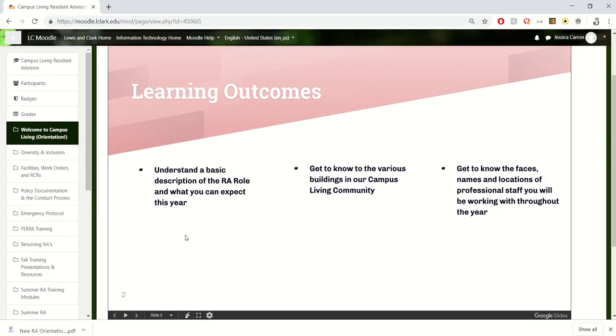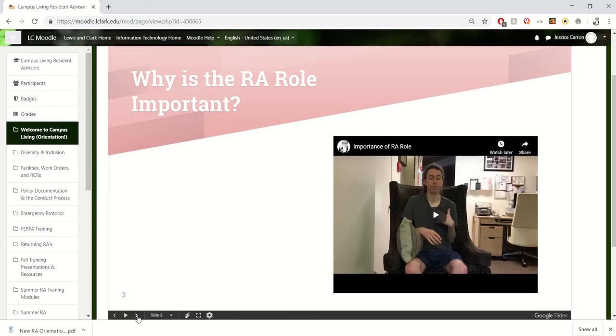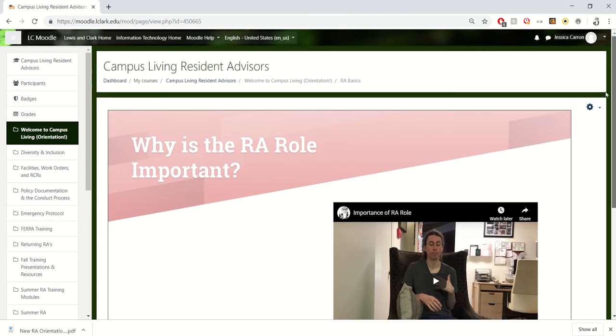But if you do want to just watch it like this, you have the little next buttons there to click through. If we have a video embedded in it, all you need to do is push play. There will be no automatic videos playing, just so you have time to process everything. And every PowerPoint will end with a list of things you need to do next. So PowerPoints will start at the beginning of almost every lesson, so you can count on that.